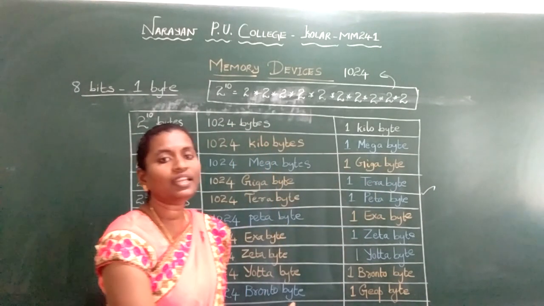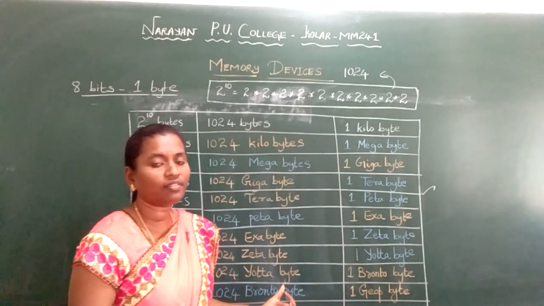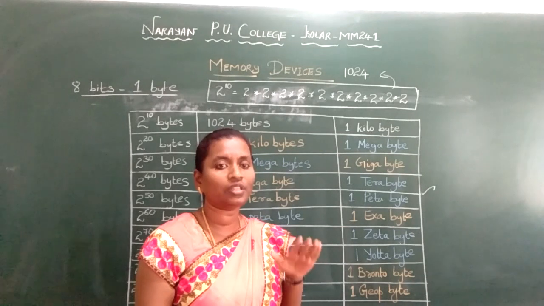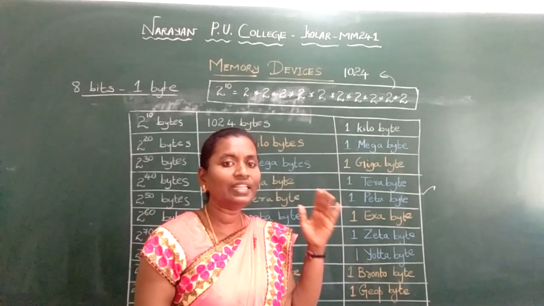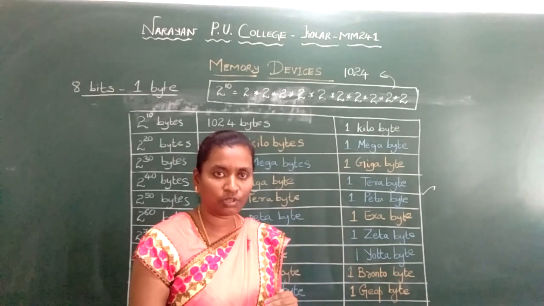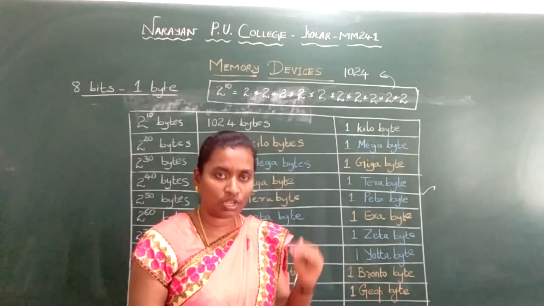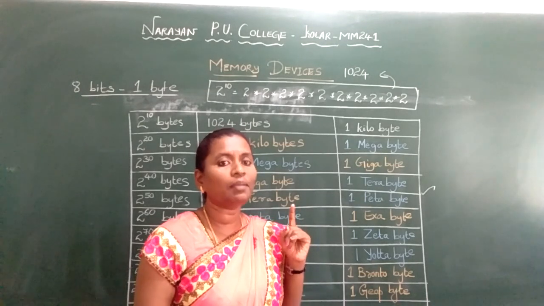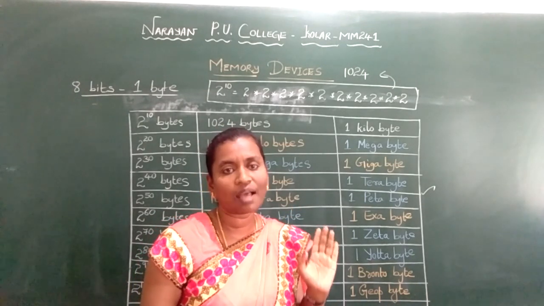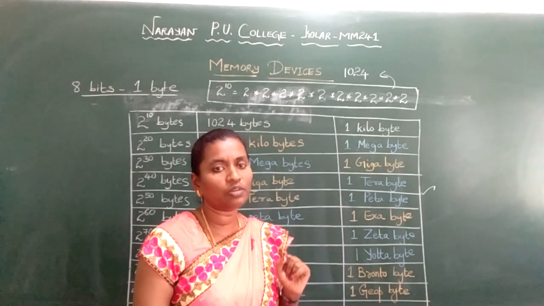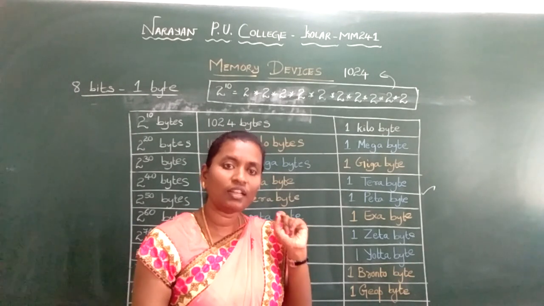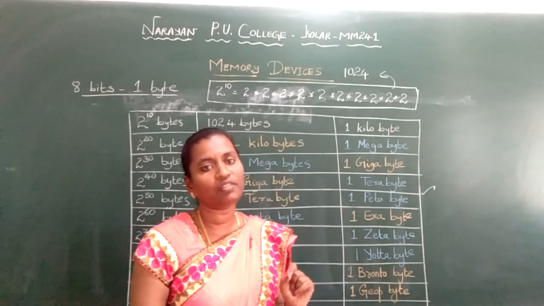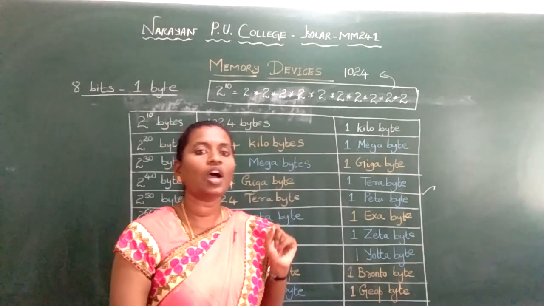I repeat, why we need memory devices and what memory is. Memory is the main component of the computer which is used to store data. Once you feed the data into the computer with the help of input devices and it has been processed, the data has to be stored somewhere. If it is temporary data, it will be stored in the RAM. If you need the data for a long period of time, you explicitly mention save, and it will be saved in the storage device, especially your hard disk.